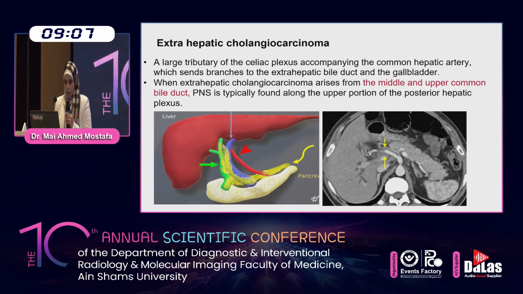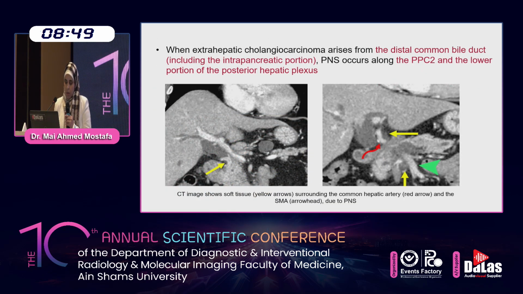As we said, extrahepatic cholangiocarcinoma can be divided into the upper 2/3 bile duct tumor, which may show perineural spread along the hepatic plexus tributary around the common hepatic artery, as we can see on the axial CT image. While the lower 1/3 bile duct tumor can either spread, extend cranially along